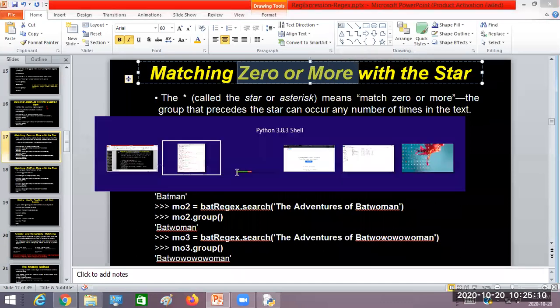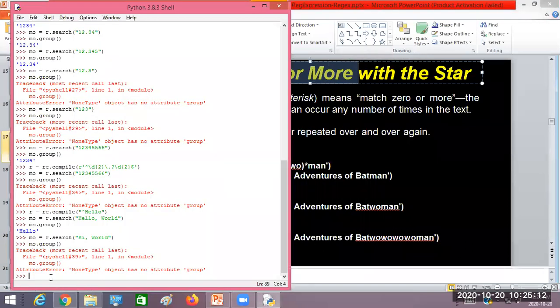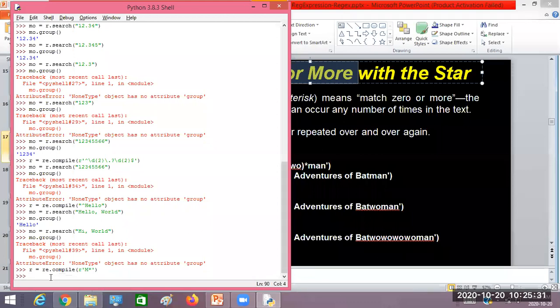What does it mean here? Okay, let us see with an example. Take an example. Simple, here I want to start with m. I'll write just m followed by star. Now what is the meaning of this one? If I write just m star, what is the meaning of this one?